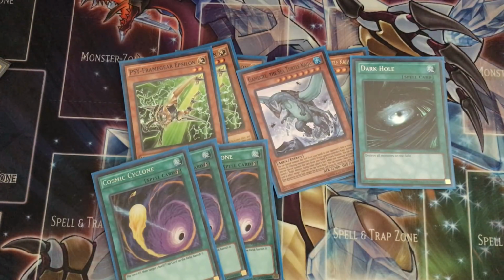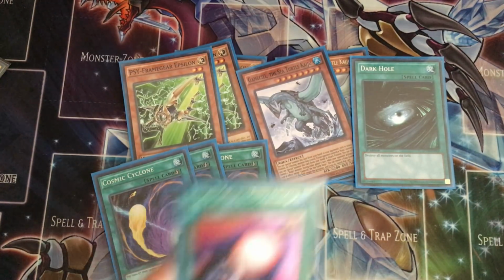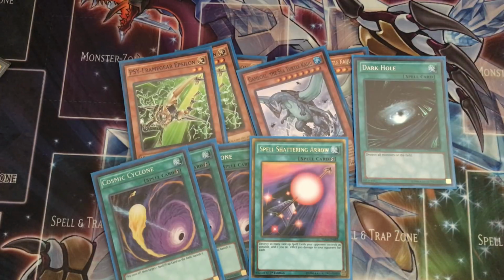Triple Cyclone, because this deck doesn't really like back row, and I wanted to hit stuff like Anti-Spell or have it be pretty good versus Magicians. Spell Shattering Arrow, the third one, because it's quite effective versus Spirals and Magicians to an extent. And then rounding it out, I ran